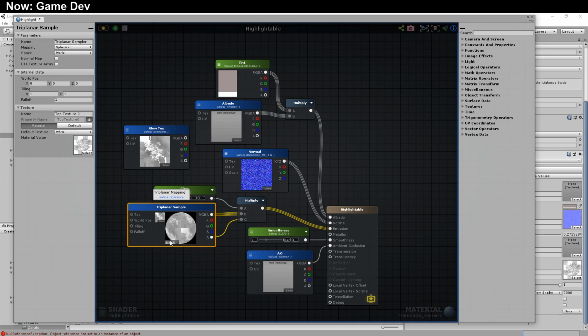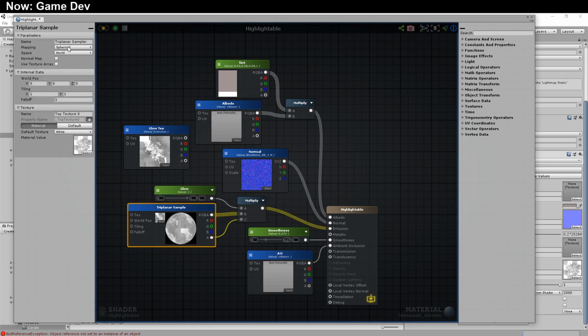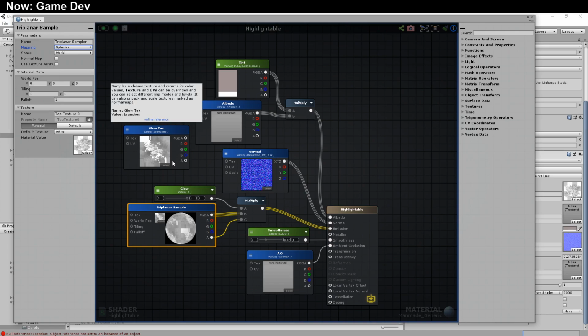So I actually don't know exactly how this is going to work, but we'll go ahead and save it and see what happens. Is this space world, mapping spherical, texture top texture 0. Material value, default white. See, on the actual help page, it shows more than one slot. It shows 3, but it also shows values for tiling and fall off. No, that doesn't seem to actually...